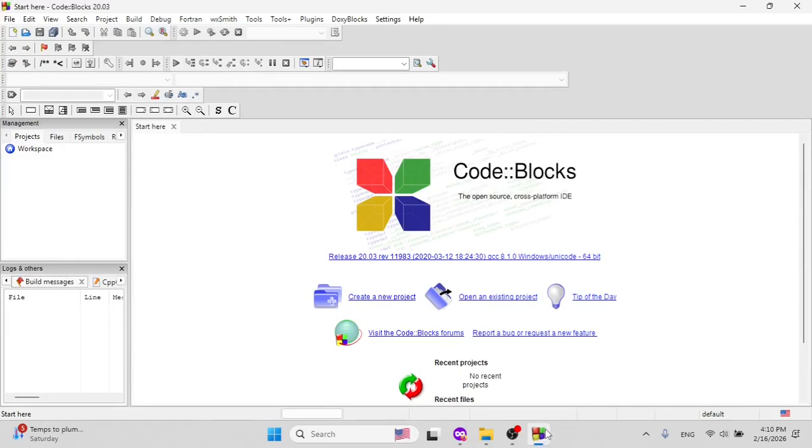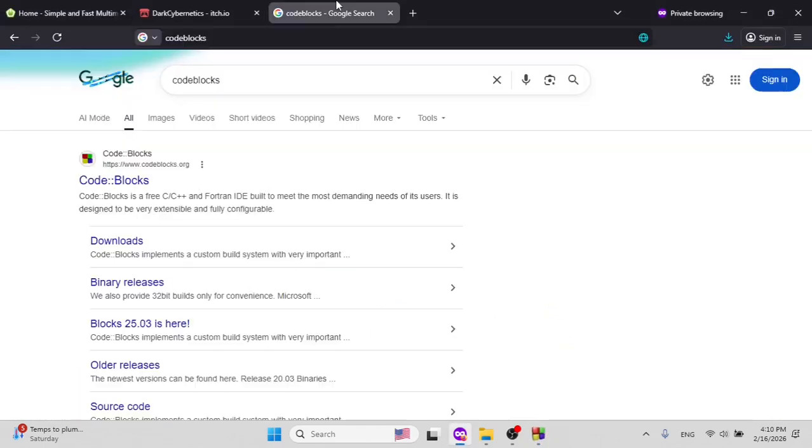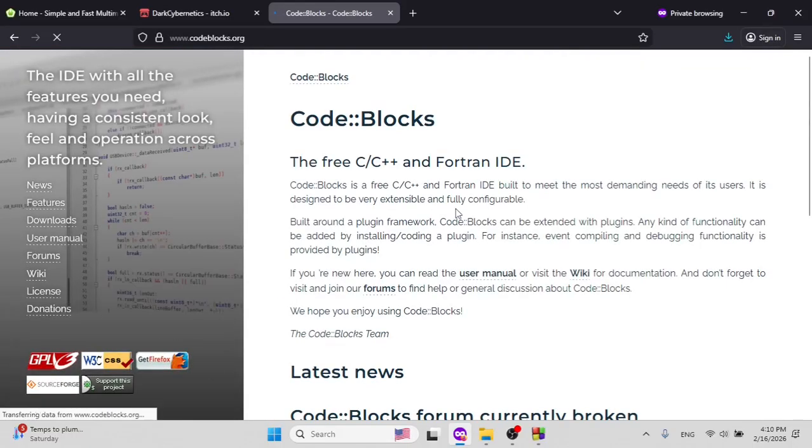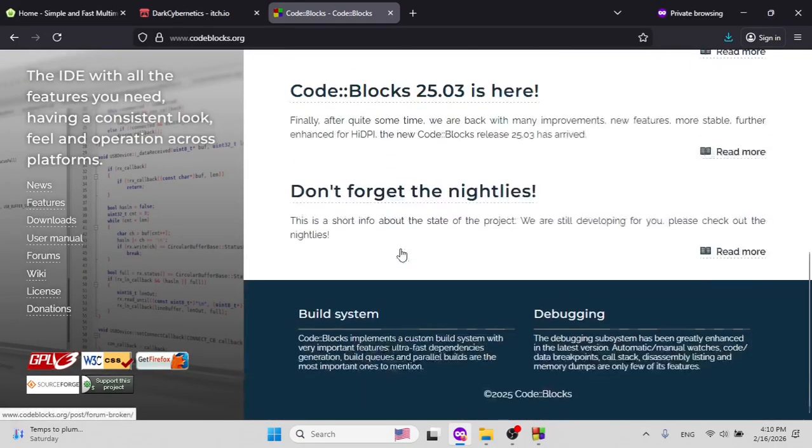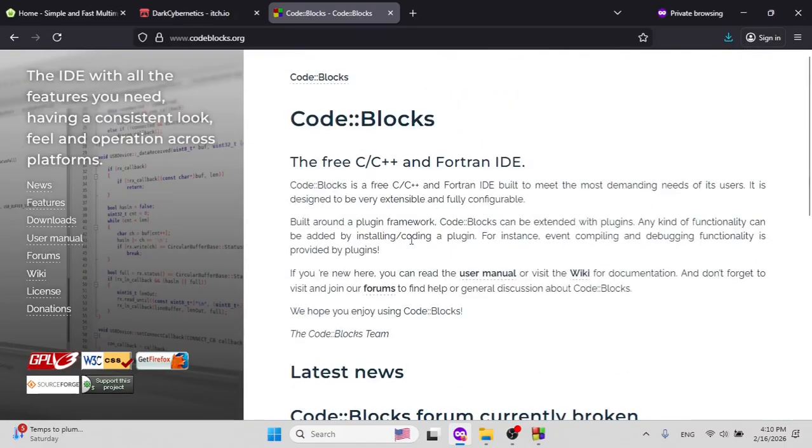If you're not familiar with compilers, you can head over to codeblocks.org and download a free compiler. You'll need one for this unless you're using Ubuntu, Debian Linux, or Macintosh, where you just use a terminal. It's a pretty quick and simple setup process to install it. But anyway, for everybody else,